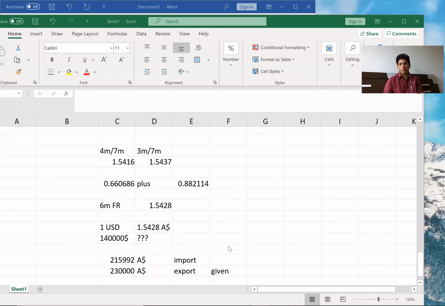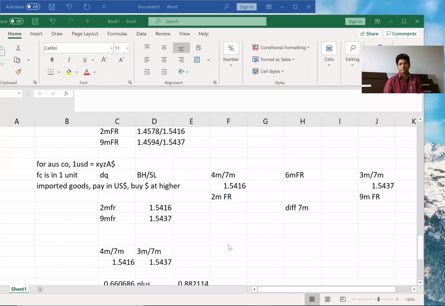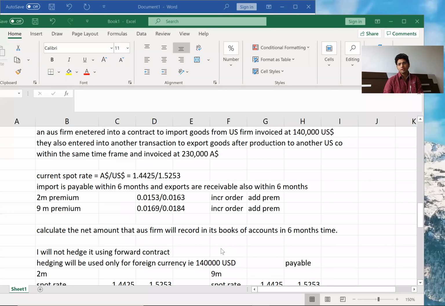Okay, done till here. So that is the maximum level of difficulty they will ask for a forward question in your exam. Here I have combined all the concepts together. Probably ACCA will not do that, even the CA Institute will not do that. But still, we don't want to take a risk. So we have combined all our forward concepts in one single problem. You can revise this problem before going to the exam, so you'll be able to understand everything in a forward contract.